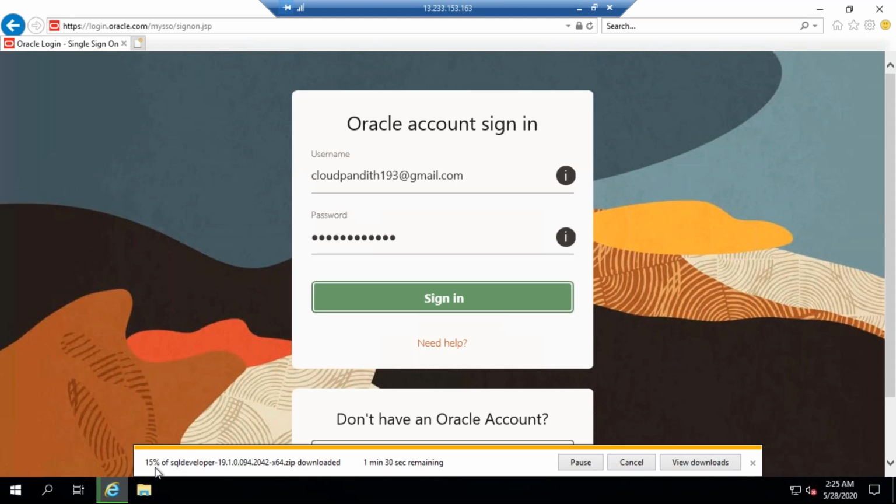It is some 450 MB. It will take a while to download. Let's wait. It will take a while to install.